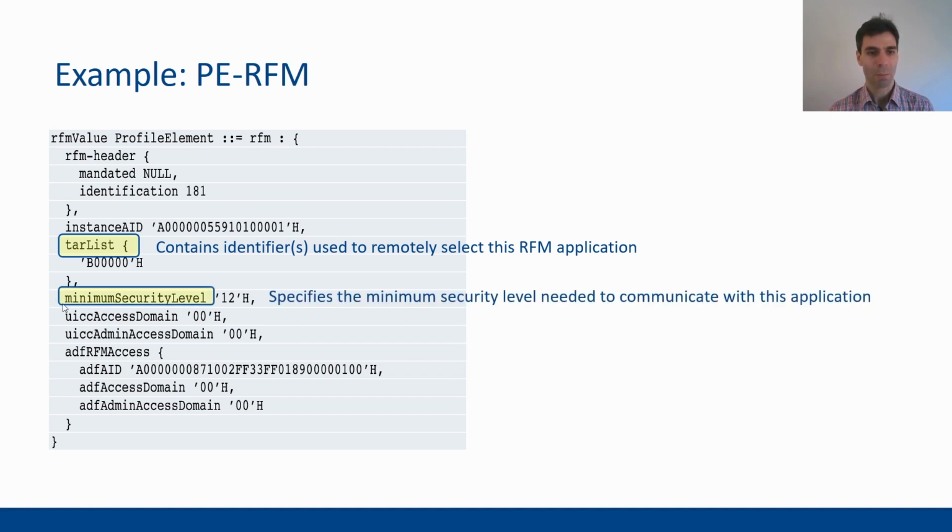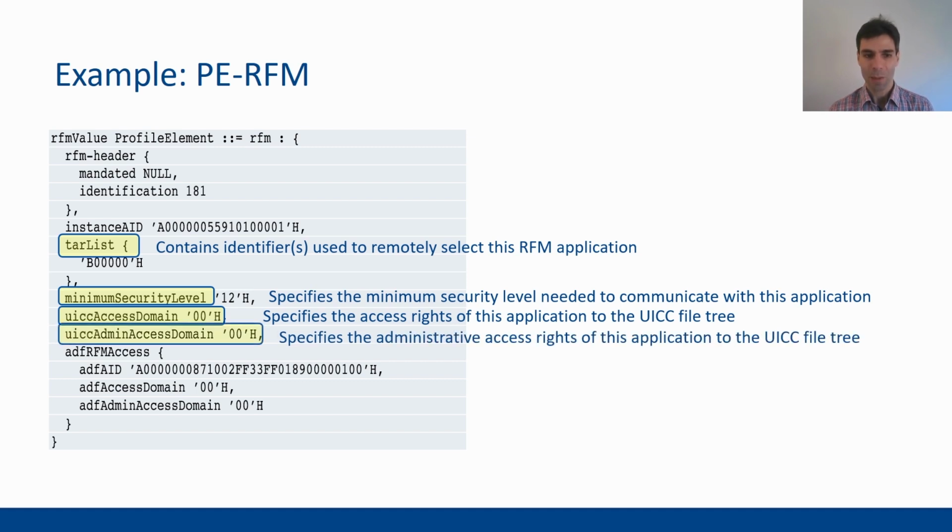It indicates the minimum security level, which specifies the minimum security level which is needed to communicate with this application. So the APDUs which are sent to this application need to have at least this security level. Then the UICC access domain, which specifies the access rights of this application to the UICC file system, the UICC admin access domain, which specifies the administrative access rights of this application to the UICC file system, and